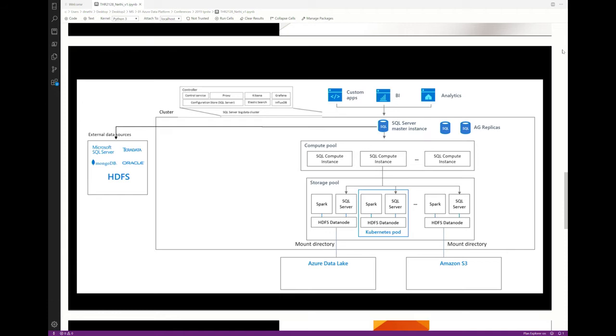In addition to that, we have a compute pool. The compute pool has SQL Server running on Linux pods. Its job is to provide computational resource for your BDC. There is also Polybase sitting in there. Then you have the storage pool. The storage pool has your Spark, SQL Server, and HDFS running on an HDFS cluster. And in addition to storage pool, you have the data pool, of course. The data pool has one or more pods of SQL Server, and provides your persistent storage for your BDC. So looks very simple, right? Let's see how to deploy this thing.